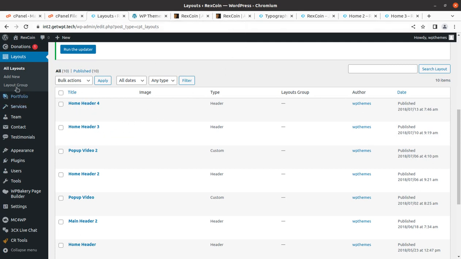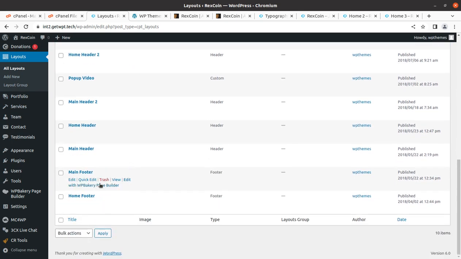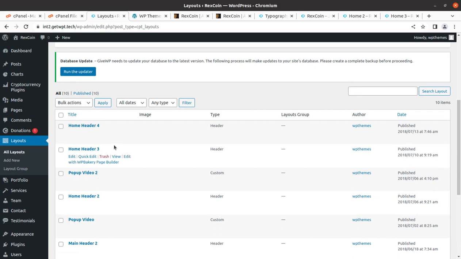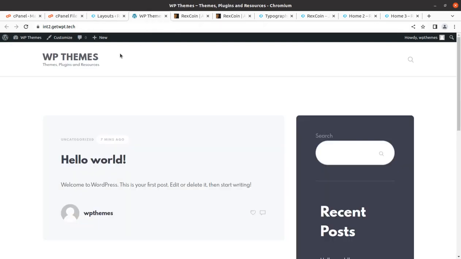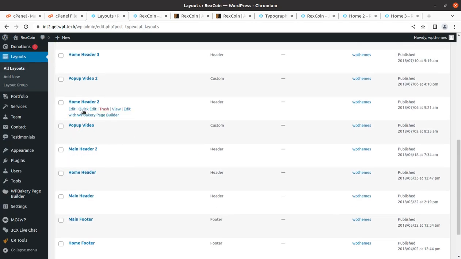theme websites. The layouts are the main part. So main header and header, pop-up videos, footer, and all these elements have to be controlled from here. Like if you are using a header 4, you can edit the header portion here. So you have to check which header you are using, and this is our website. So if you are using any particular header, you can check which header you are using while you are customizing the website. So you have to control the header part and footer part, whatever is here, from this section, that is in the layout section, and you can add a new layout section as well, and you can create a layout group